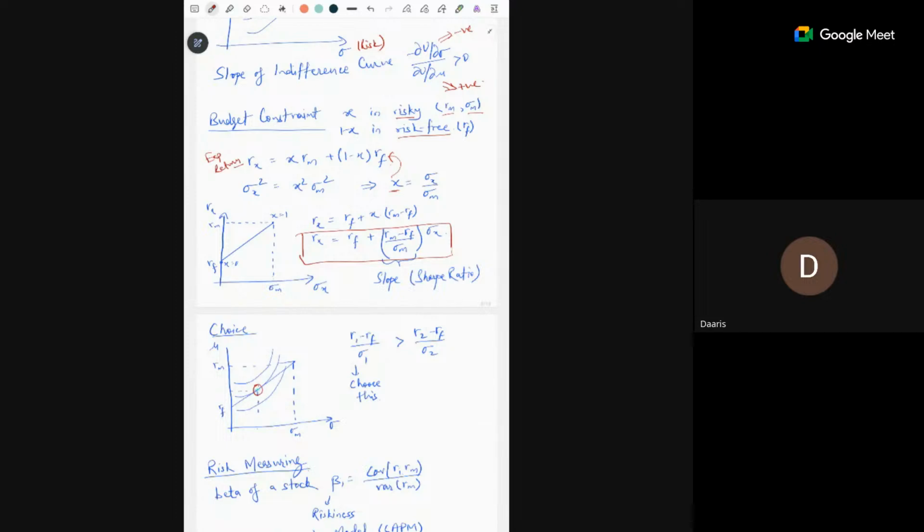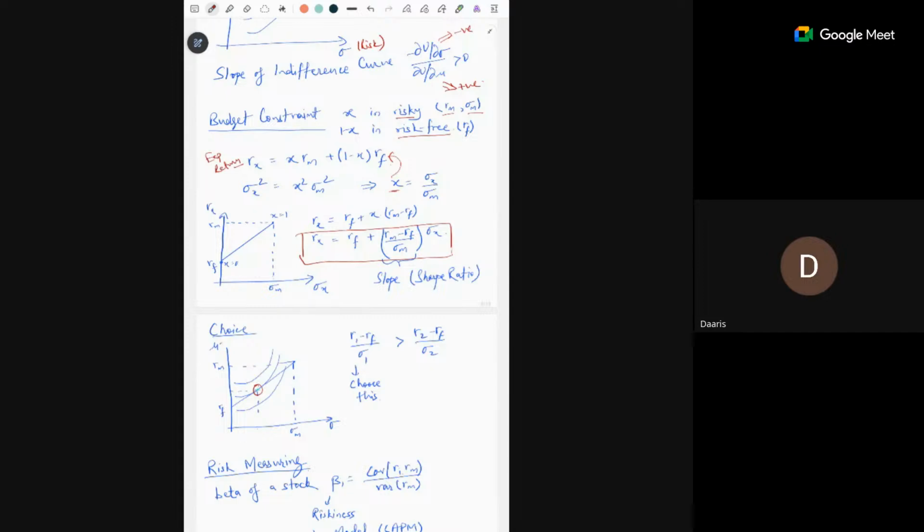So this green dot represents the optimal investment combination in the form of mu and sigma. Mu means return and sigma means risk or the standard deviation. And this ratio, this Sharpe ratio, is a very important ratio. From this we can